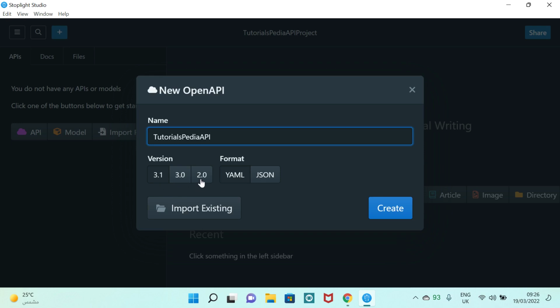2.0 is basically Swagger, and then 3.0 and 3.1 are OpenAPI specifications. So you can choose one of these specifications. For me, I'm going to choose the latest one, 3.1. And in this case, it means that my API with the name Tutorialspedia will get created in a YAML format